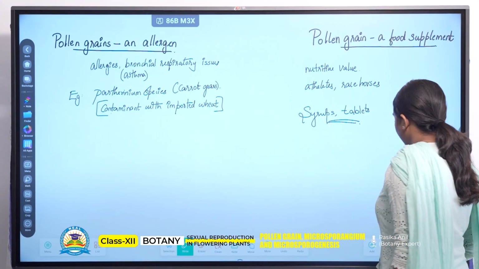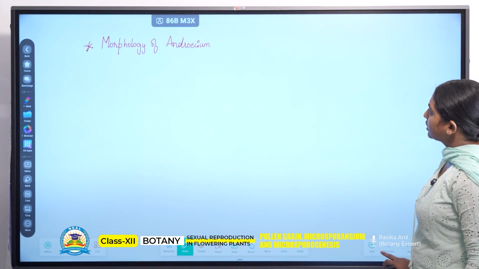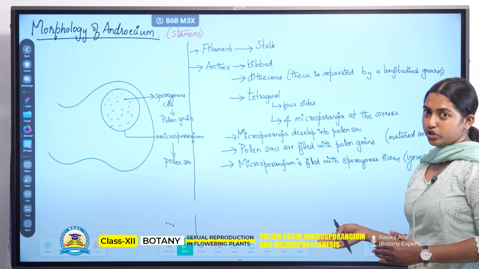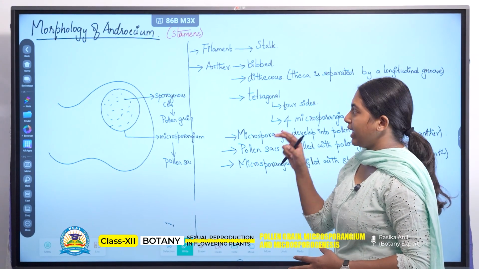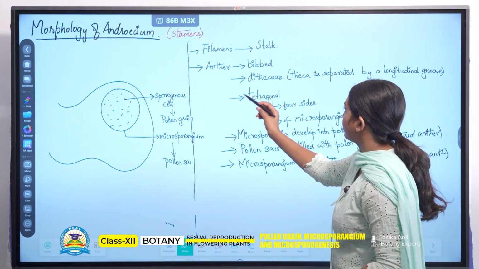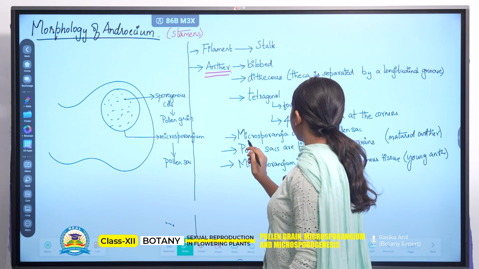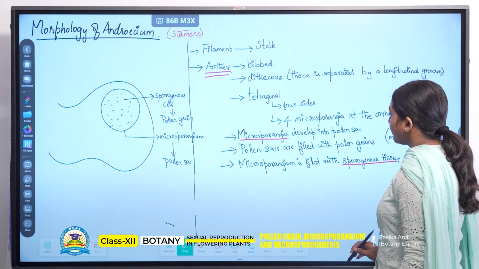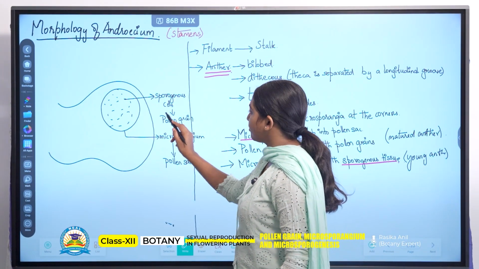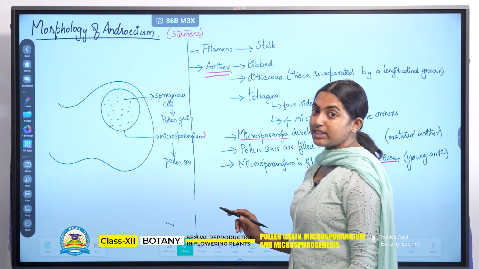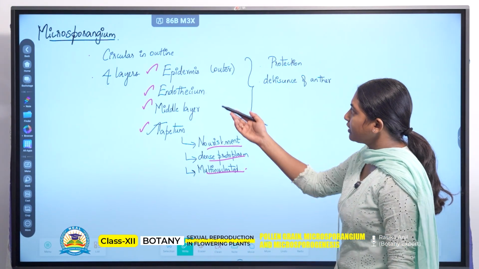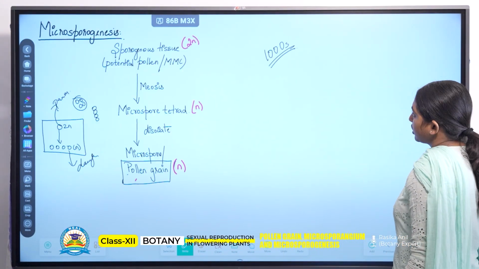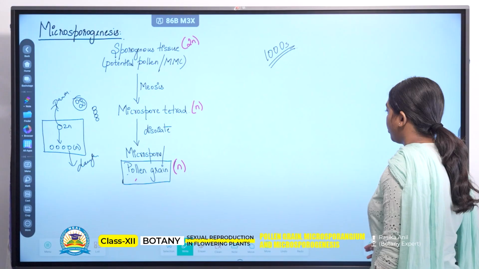So if I have to recall, we started with the morphology of androecium. We saw the structure of stamen and the structure of anther. In that we understood that anther is of more importance because it has microsporangia in it, and inside microsporangia you have sporogenous tissue, right? So sporogenous cells will become pollen grains after maturation, whereas microsporangium will become the pollen sac after maturation. Then we saw the structure of sporangium and its walls. Then we saw microsporogenesis, how the pollen grains are formed.